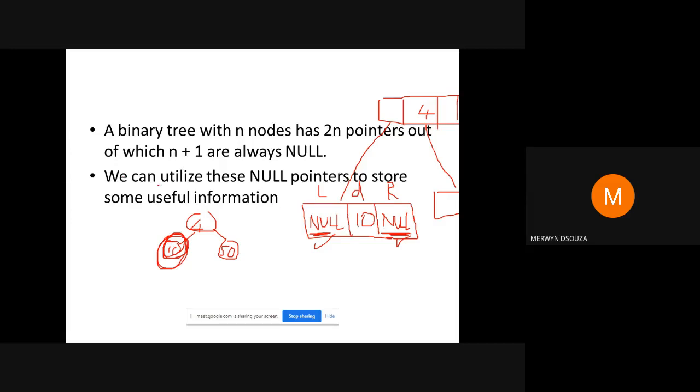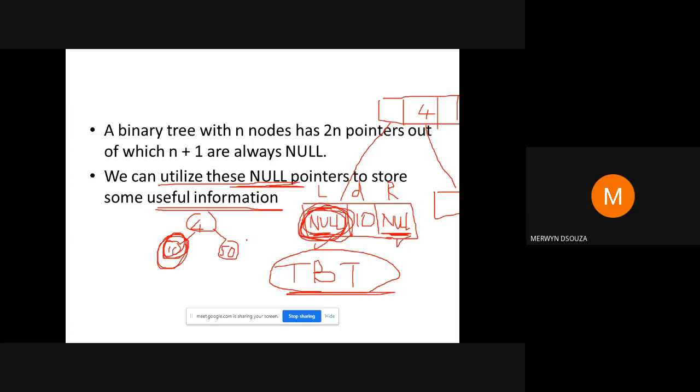So instead of just storing null there, okay, if we could store some useful information for the traversal, then our traversal could have become more efficient. So that is where they came up with this concept of a threaded binary tree. So what they decided was, wherever these null pointers are stored, instead of storing just null there, we'll store some data there that will make our traversal more efficient. Okay, so that is where this concept of threaded binary tree comes into place. I hope you all are noting it down.